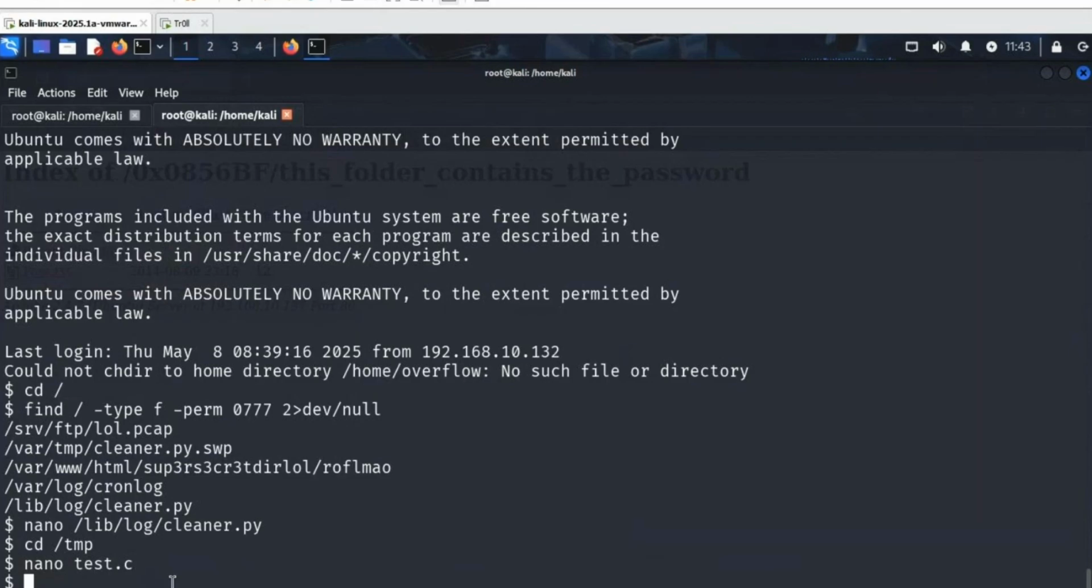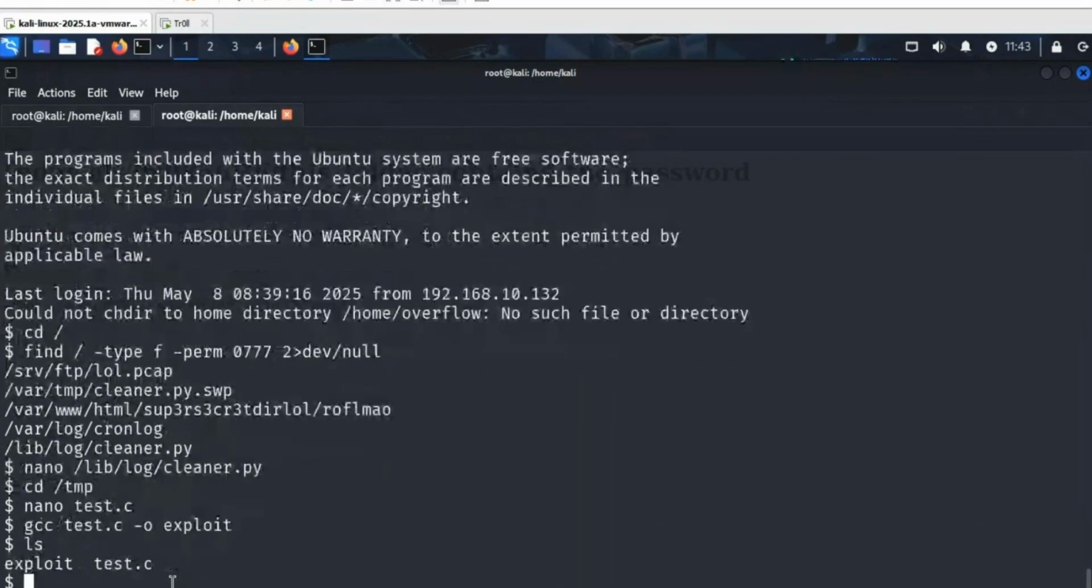So I will take advantage of this cleaner.py. Before that, we will compile the code: gcc test.c -o, and let's say we name it exploit. We have created an object out of this test.c. Whenever you call the object exploit, it will call the code written in test.c and execute that code. Now nano /lib/log/